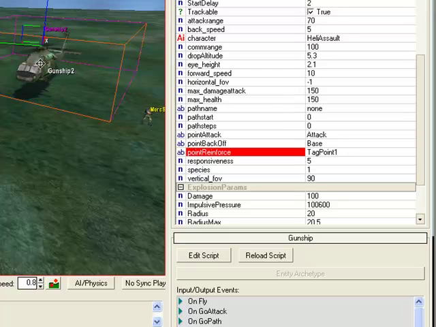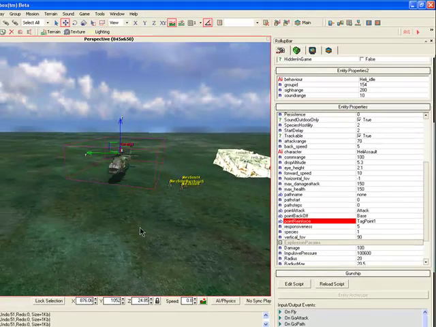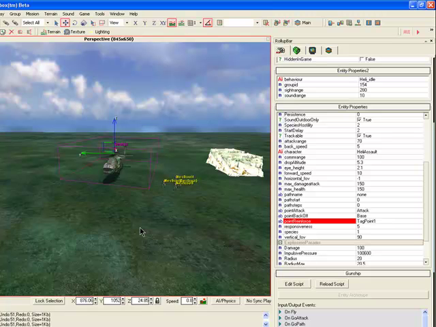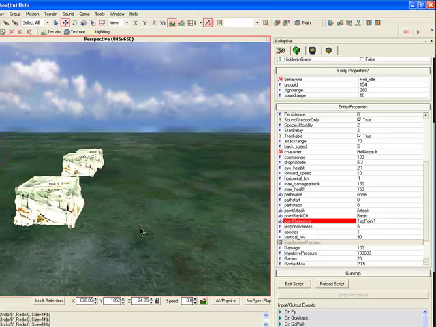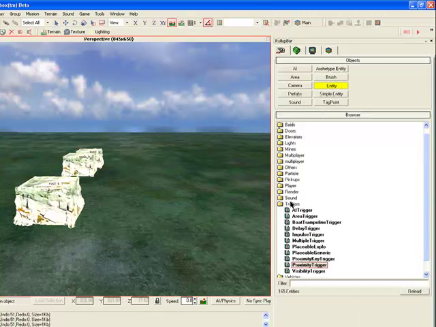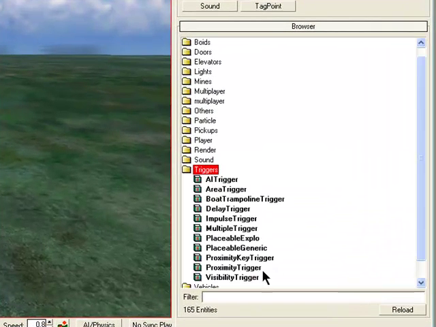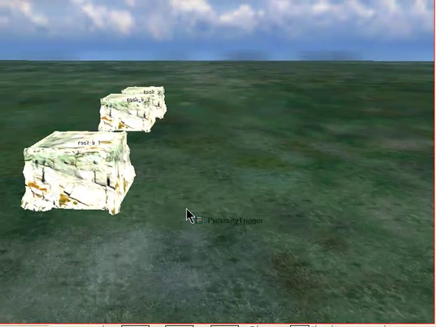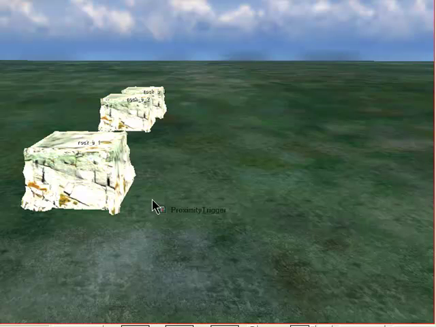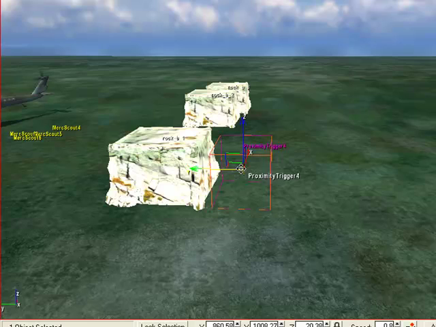Okay, now we've got to set, excuse me, a proximity trigger for this to happen. So go to entity, open triggers folder, triggers, and drag and drop proximity trigger to somewhere. In this case I want to set it behind this rock so I know where it is, and then select it,